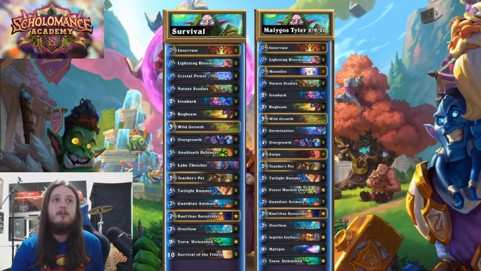With Kael'thas combos, with double overflow, which I believe is completely core, by the way. The whole powerhouse of this deck is centered around Kael'thas drawing out more than half of your deck in one turn, and double overflow is just a perfect way to do that. And you can kind of see the same thing with Tyler's Malygos Druid. This is a list that he was playing today, and I originally had Viper's list,